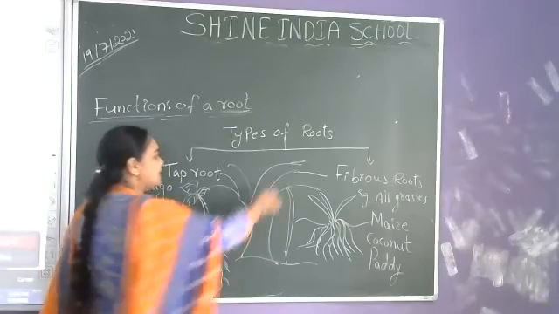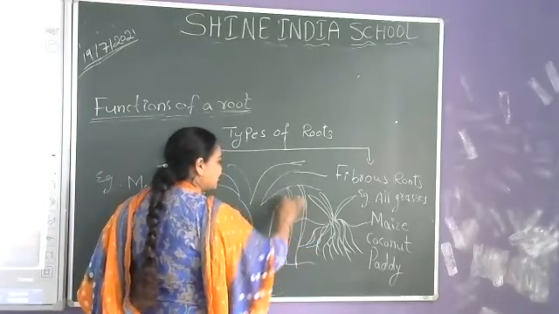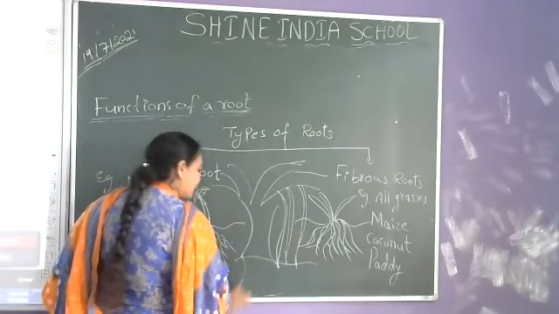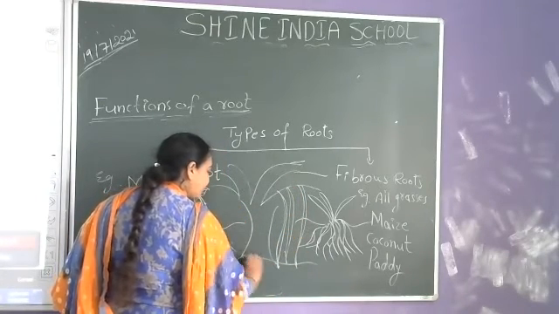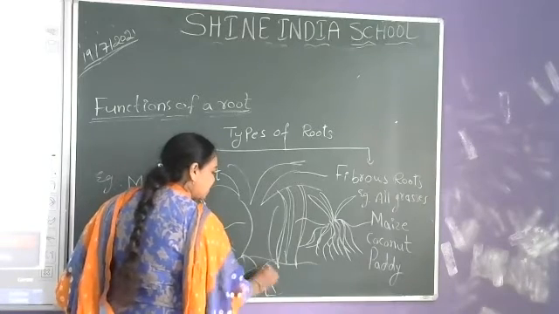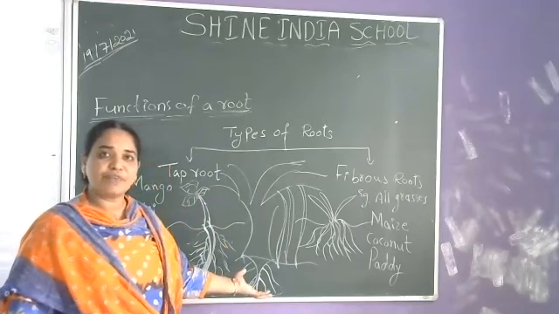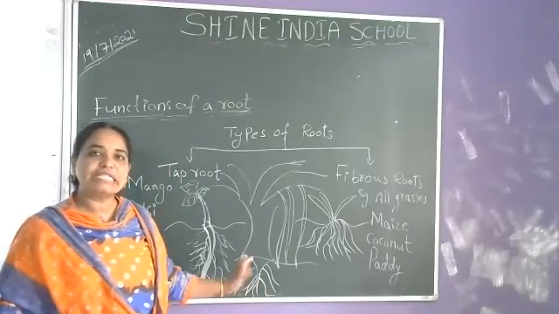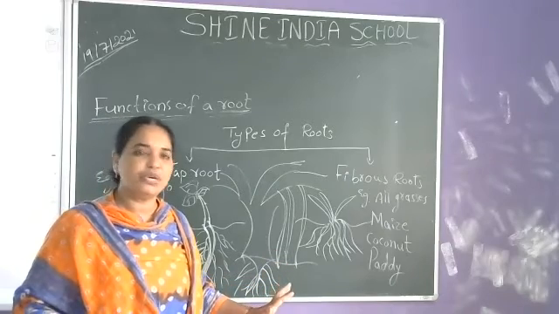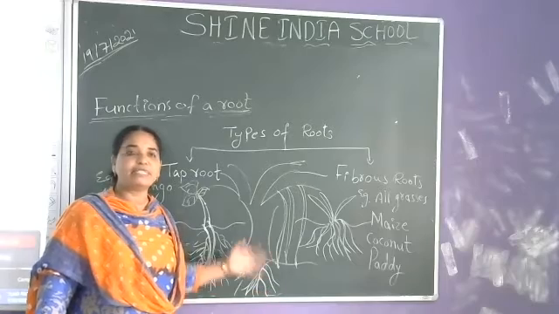So in a banyan tree, from the branches the roots arise and again reach the soil, and it also has an underground root system. The underground roots of a banyan tree perform the same function as the other roots. What do the other roots do? They absorb the water and minerals and transfer